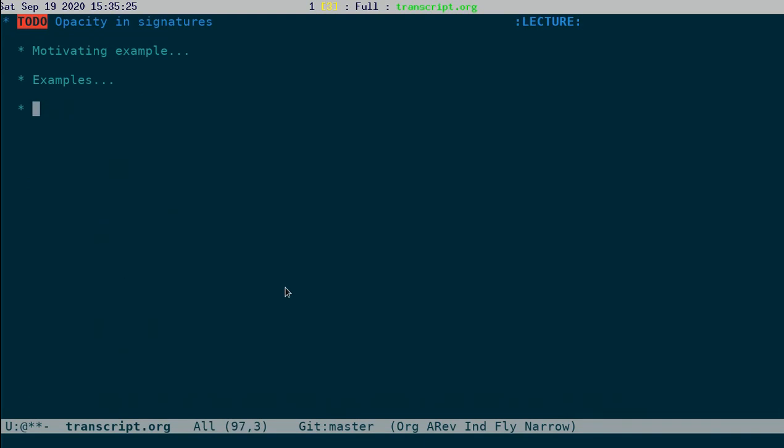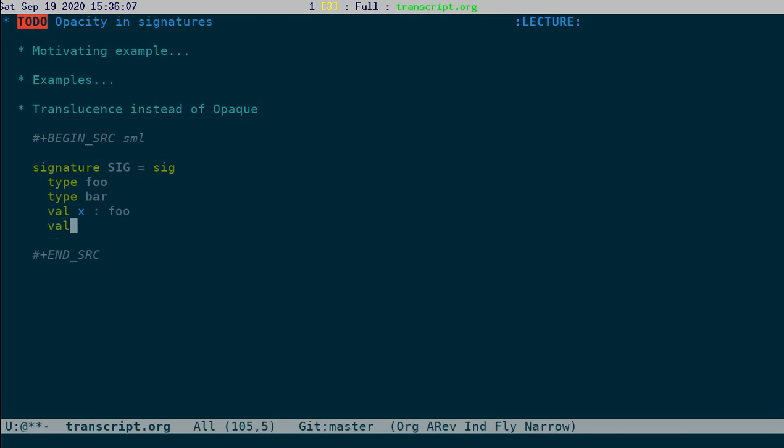You can also make some of the types visible as their type and some as opaque or abstract types, and this we call translucence, instead of opaque. Let's explain that with an example. You have a signature SIG equal to sig type foo, type bar, value x of type foo, value y of type bar.